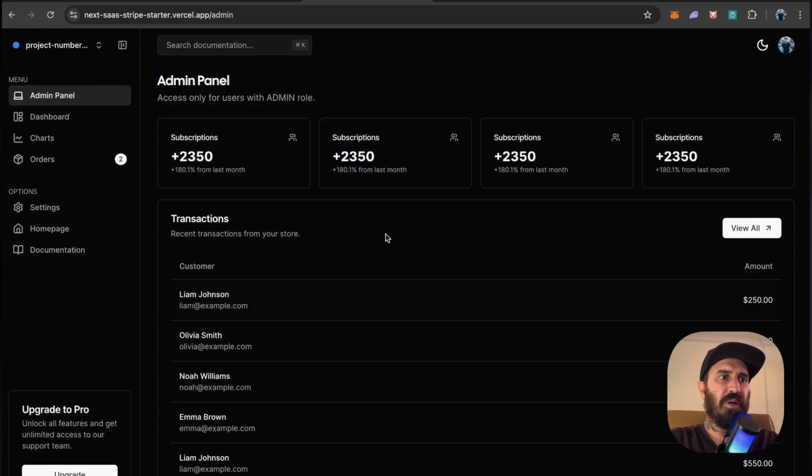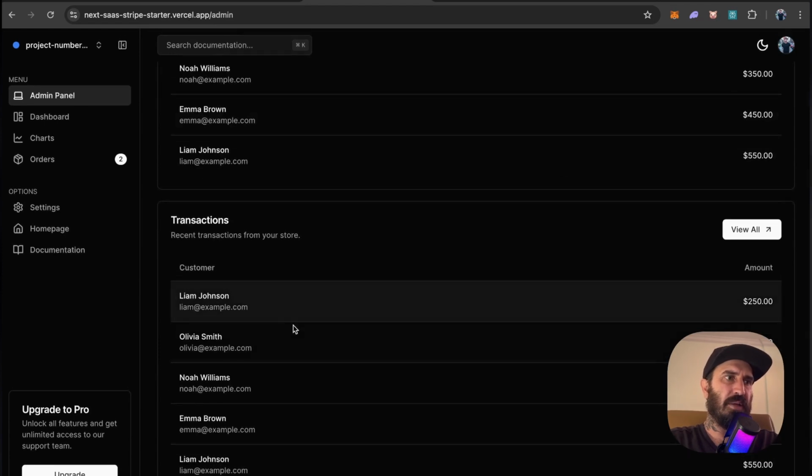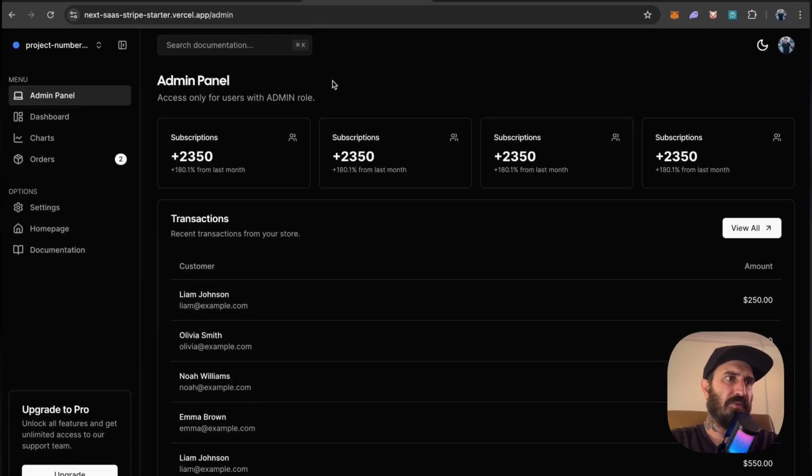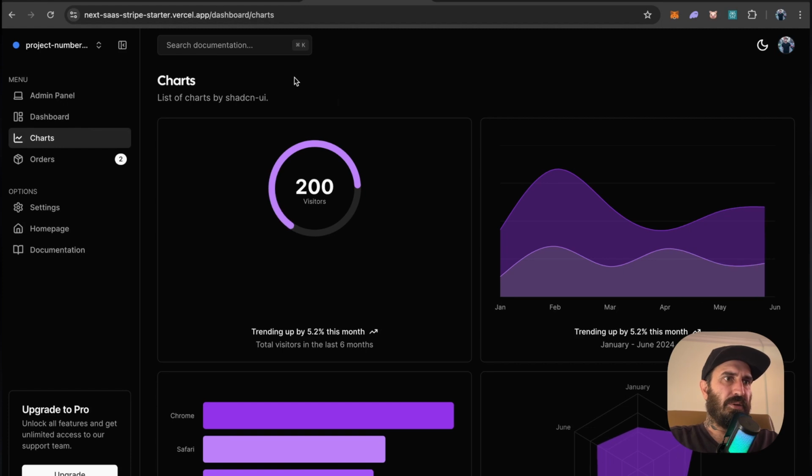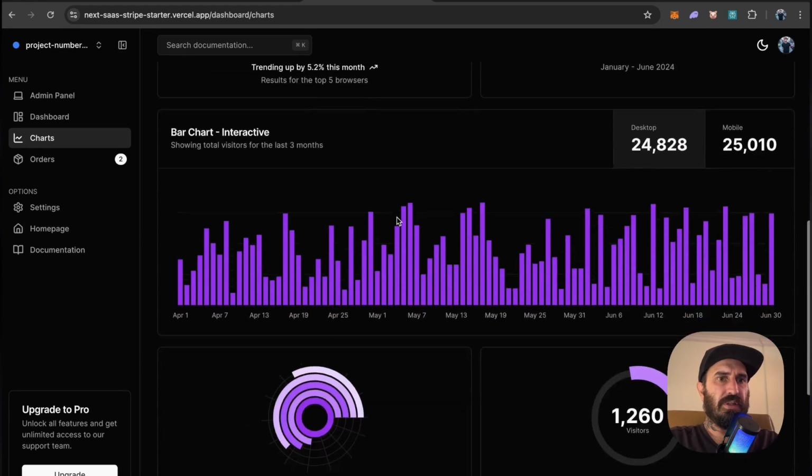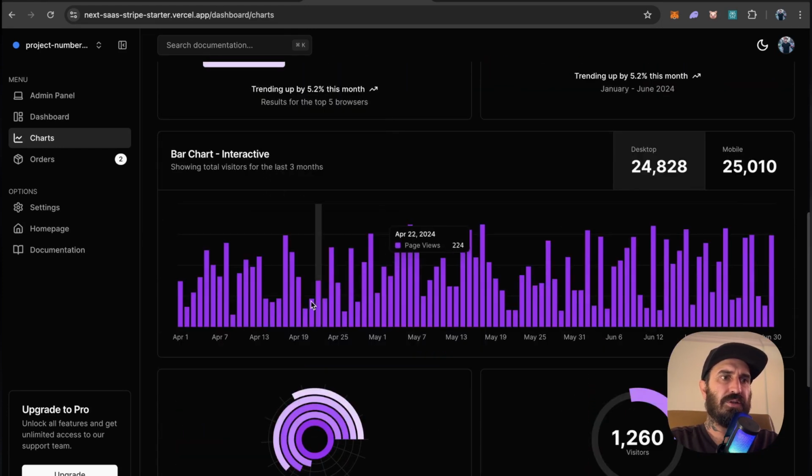So just going into the admin section, this is just demo content, but you can just pull in data from Stripe and display it here just to show like how many subscribers you have, your total sales. And so you can set up your own admin dashboard over here, and then just clicking through charts. This is also just the demo page where they're just showcasing what's possible with ShadCN.